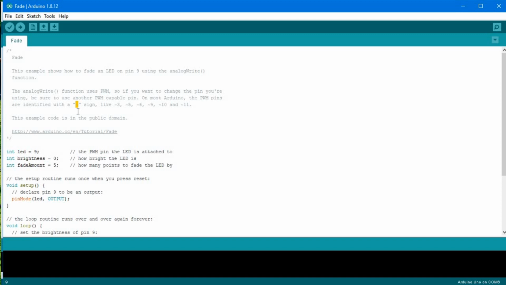Duty cycle is nothing but on time divided by on time plus off time. So whatever the on time is, if you divide it by the total time, that will be the duty cycle of that pulse.